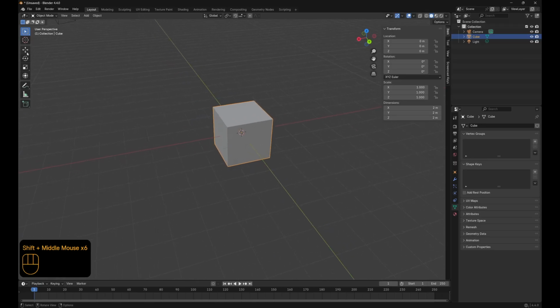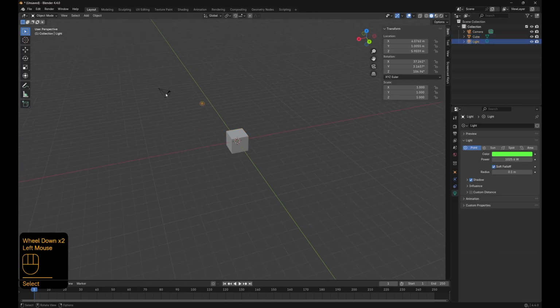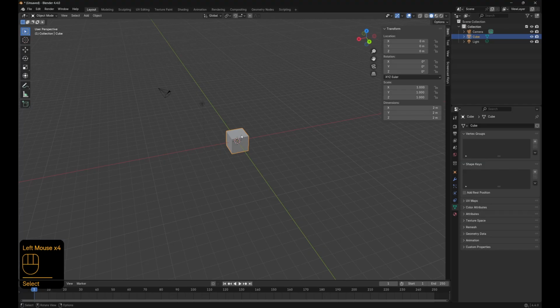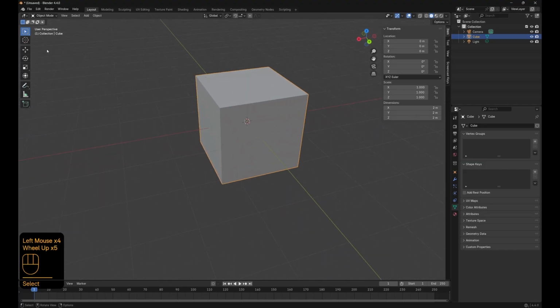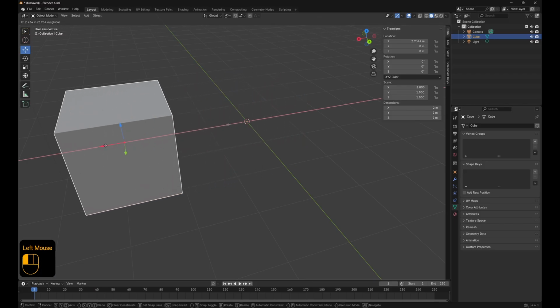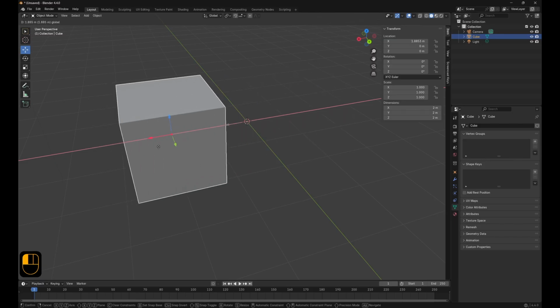Now, this toolbar, you've got the cursor in the middle. We'll go into that a little bit later. So we'll come down to where it says move with the cube enabled, and to do that I just left mouse button click on it. You can click on anything within your scene unless you turn it off. If I come to move, you'll see that we've got these axes and they've got arrows on them or a little square in between. If I press on the X axis arrow or the red one,